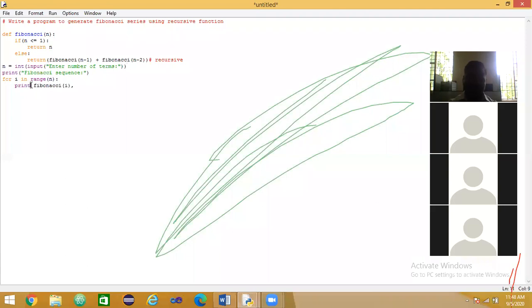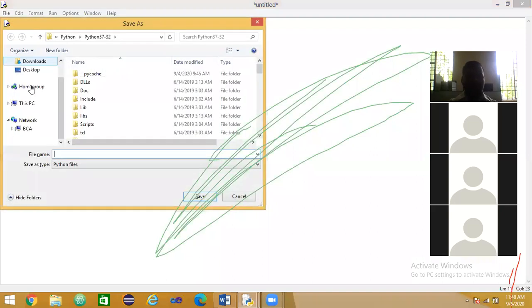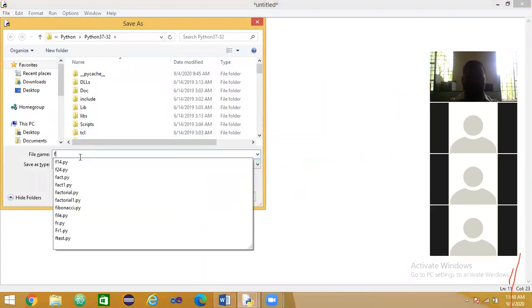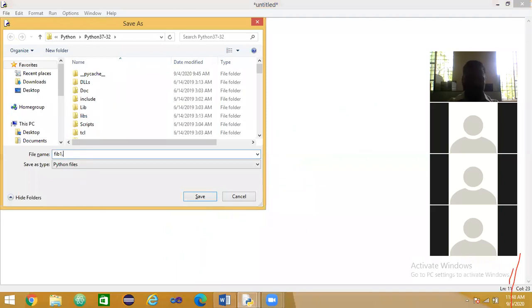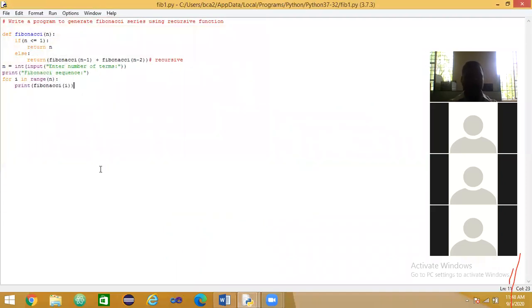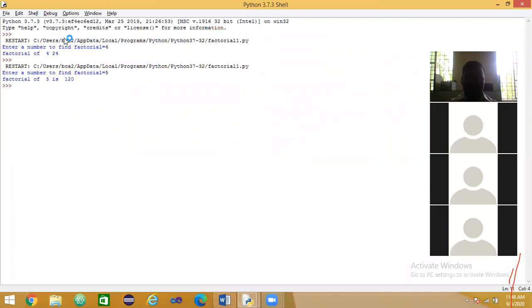And in the print statement, it calls the Fibonacci function. Okay, if it is asking to enter the number of terms, I am giving 5.